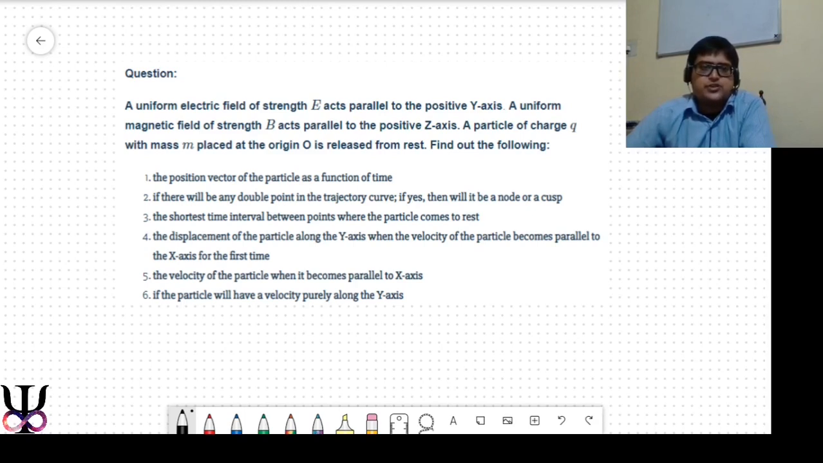It says the position vector of the particle as a function of time. That means once you release the particle from the origin, which is initially at rest, it is going to follow a path because of the two fields, E and B, and we have to find the position of the particle as a function of time. We will be going through all the parts of the question,